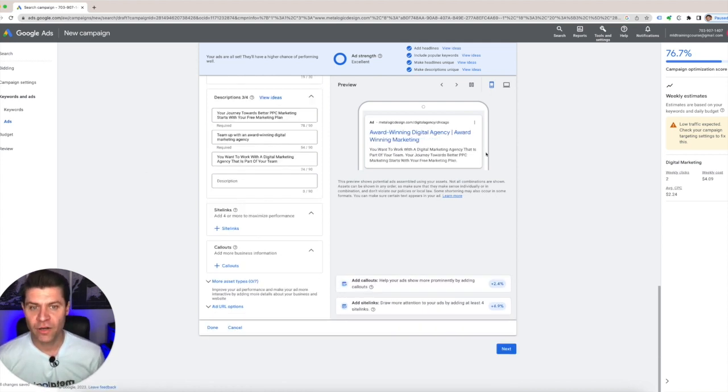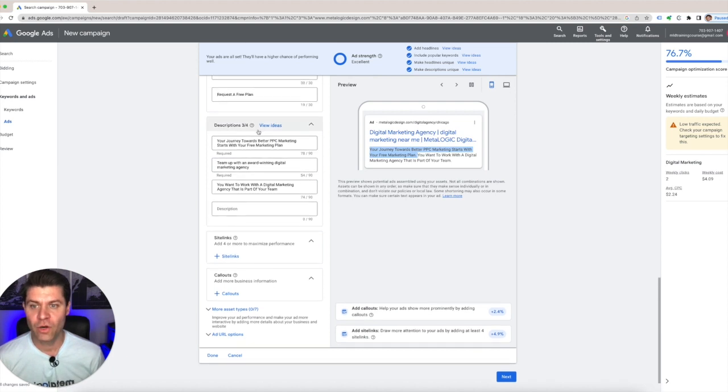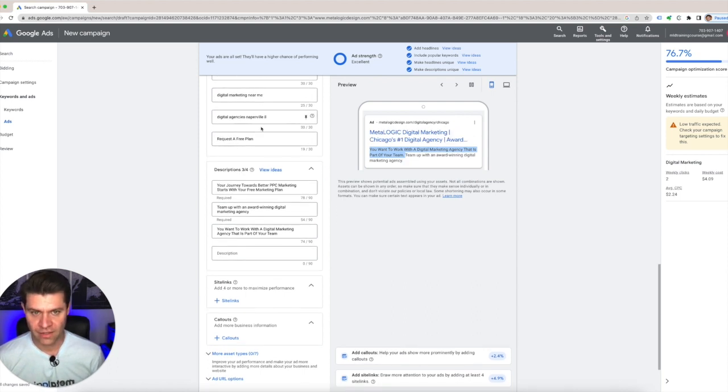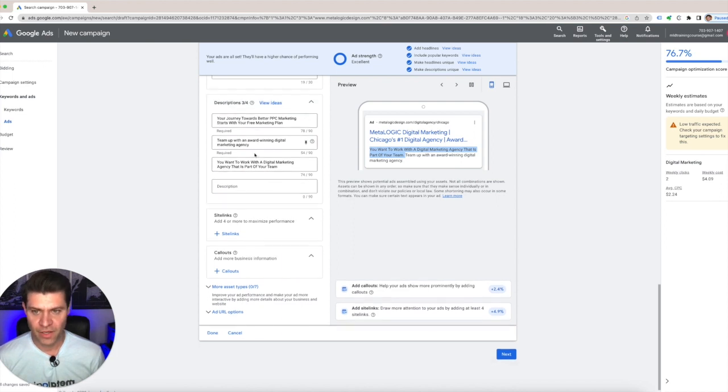The next part of the headline, or the ad, is going to be the description. And the description is going to show up right down here. So you can have 4 different descriptions. Here's some of them that Google already generated for you. These are not nearly as important as the headlines or even the landing page. So